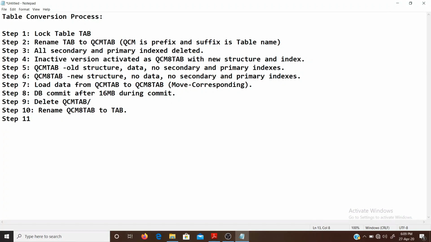Step number 11. Create the secondary indexes. Step number 12. Remove the lock. So this was all about the conversion process of the table.